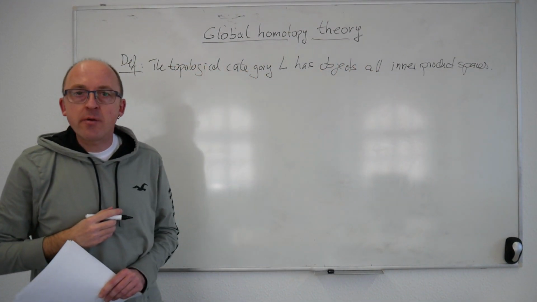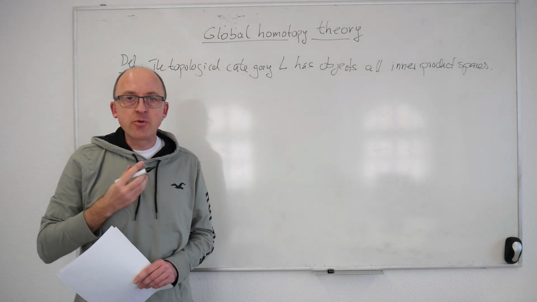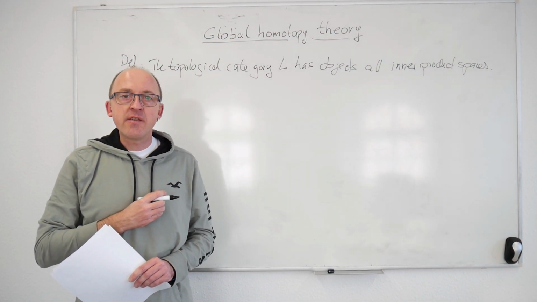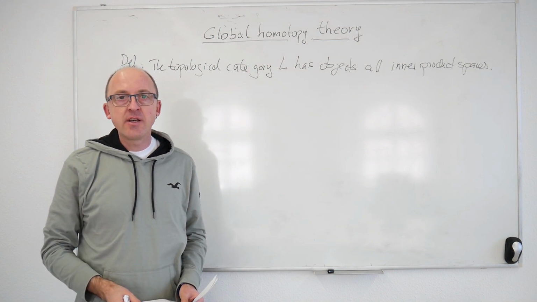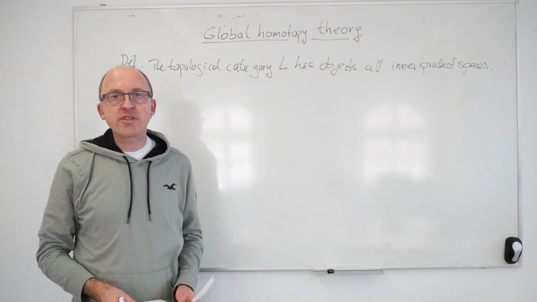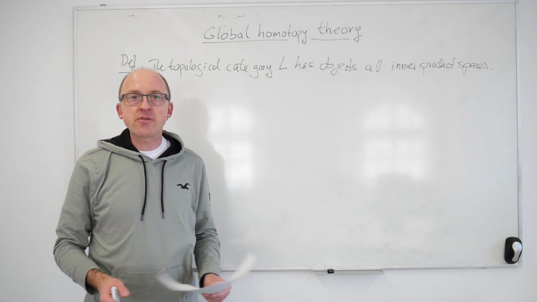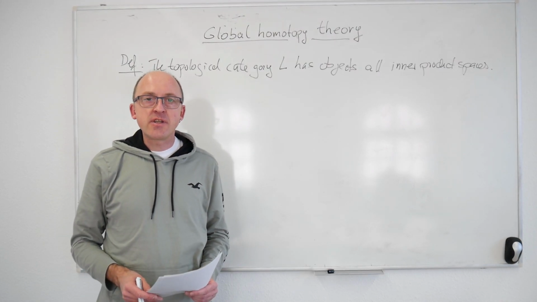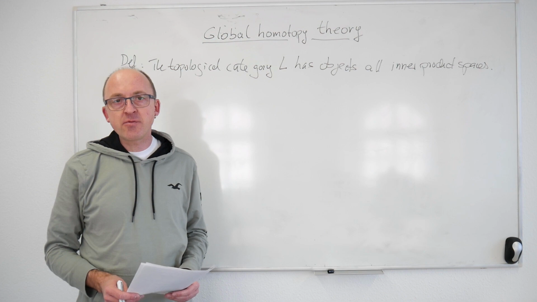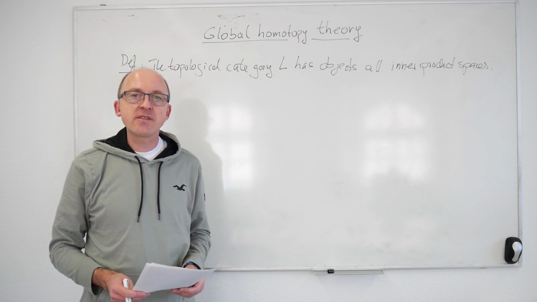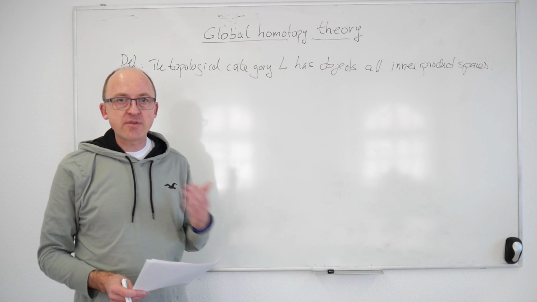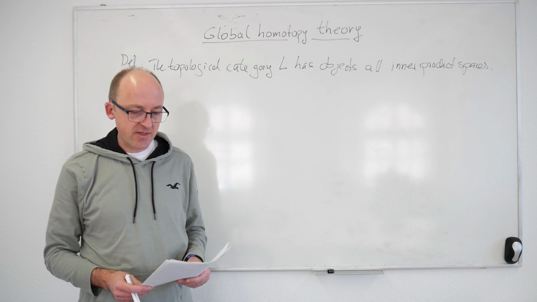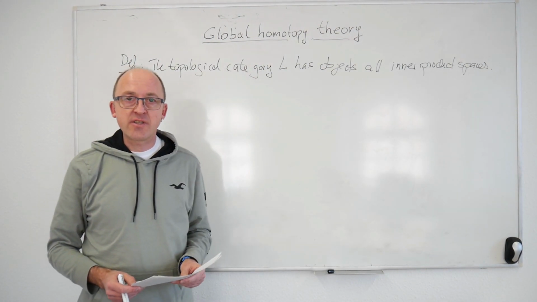So here I need to explain what I mean by inner product spaces. I will usually use this term to denote finite dimensional vector spaces over the field of real numbers that are also equipped with a scalar product, so a symmetric, bilinear and positive definite form. In other words, these are also called finite dimensional Euclidean vector spaces. There will be points where we will want to consider complex analogs of this, and sometimes we also want to consider infinite dimensional vector spaces, but then I will say this specifically. So if I don't say anything else, an inner product space is a finite dimensional Euclidean vector space over the real numbers. These are the objects of the linear isometries category.